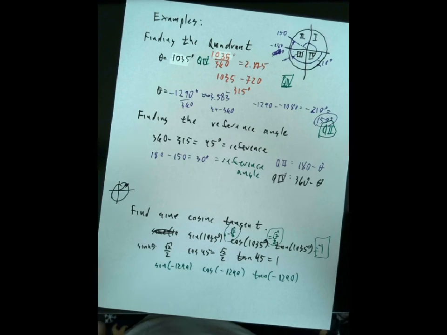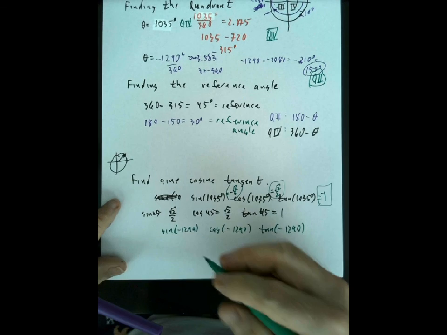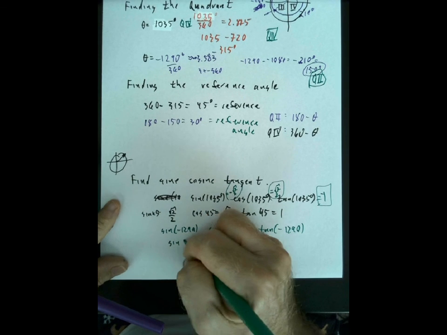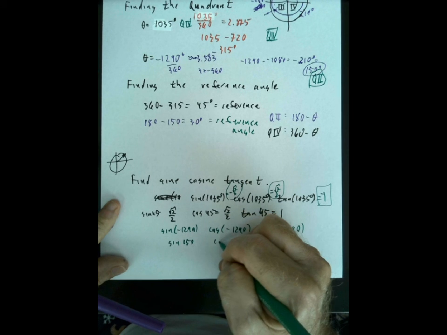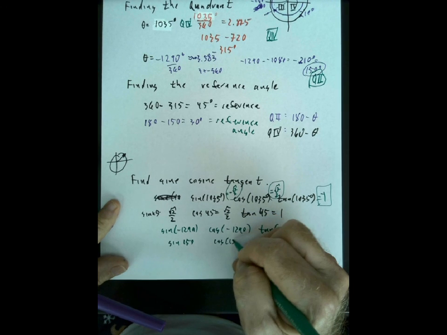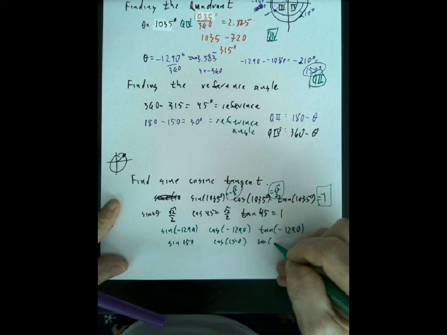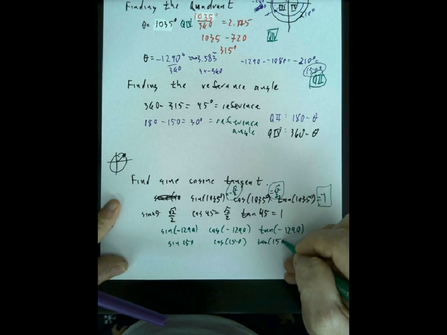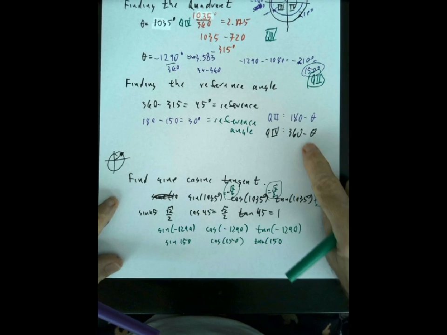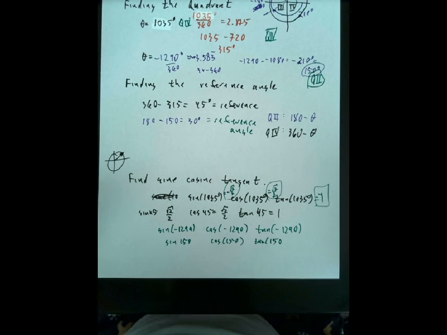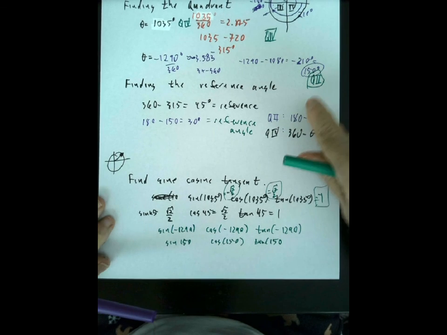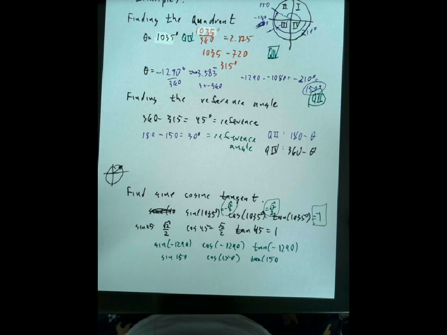Well, that's the same thing as the sine of 150, the cosine of 150, and the tangent of 150, and it's 30 degrees, right? So we can see here is the reference angle, but since 150 is one of our unit circle angles,